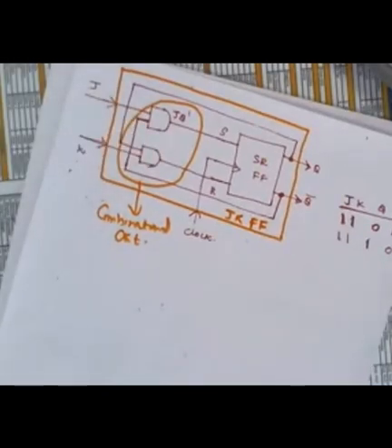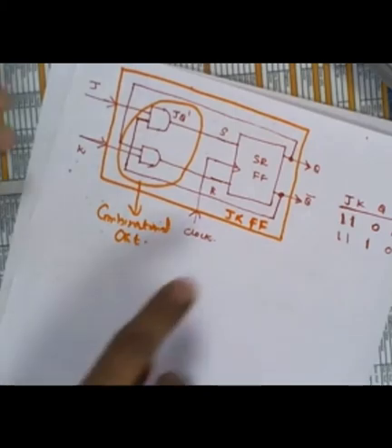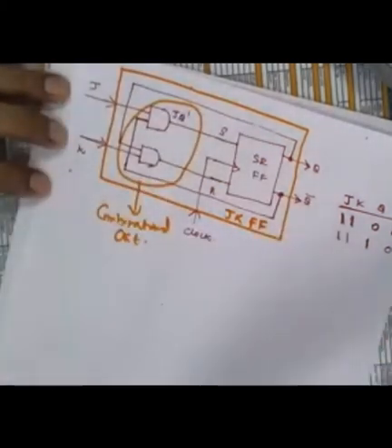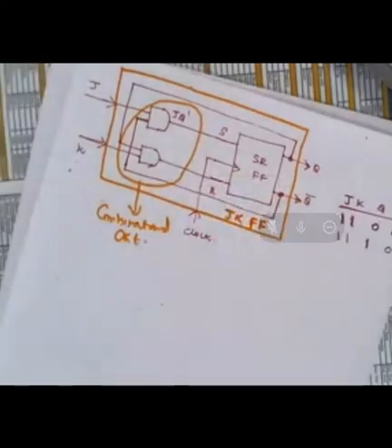You understand now? Therefore, this is called a next state generating function. In the sense that the circuit will generate the S and R in such a way that the required next state will be generated by this SR flip-flop. So using this general approach, general design, it is possible to convert any flip-flop into any flip-flop.